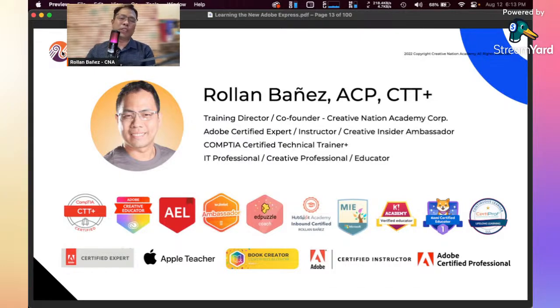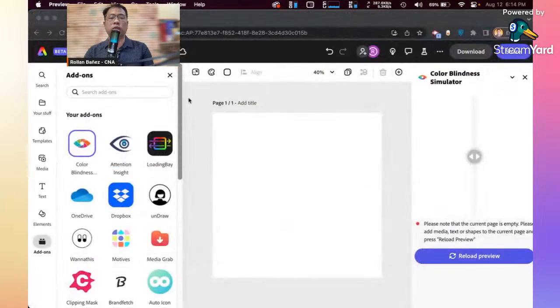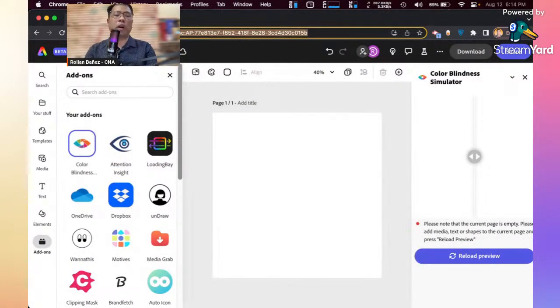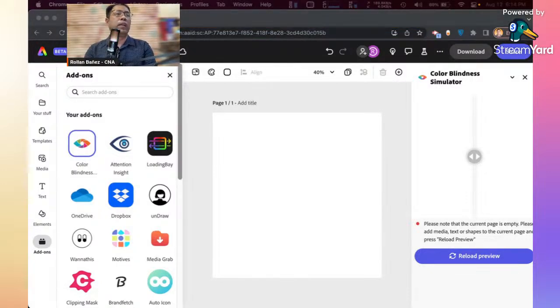In this session, I'm going to teach you about some new and also some of the advanced things that you can do inside of Adobe Express called add-ons. So if you are logged into the new Adobe Express page, or if you're not yet logged into the new Adobe Express page, I'm just going to copy and paste the official website for you to get access to this beta version. So I'm just going to copy and paste this for all of you to use.